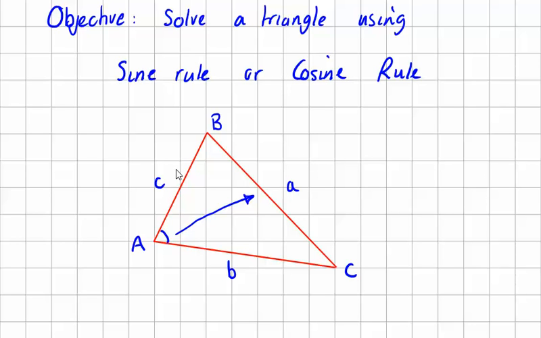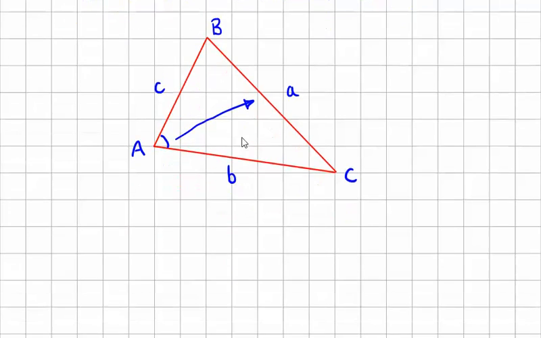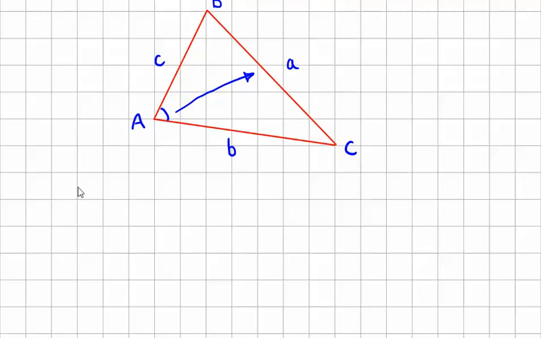Often they will change the letters in an exam to make sure you fully understand, to P, Q and R, or J, K and L. Same thing applies. If you have a J for an angle, you have a small j for the side. So based on this triangle, the sine rule deals with the relationship between an angle and its side. If I take sine of the angle, and I divide it by